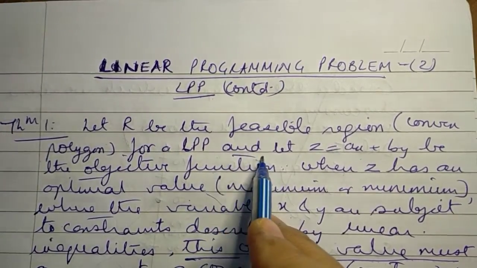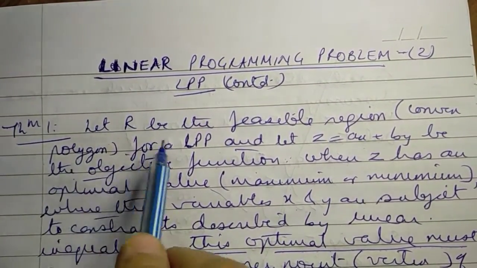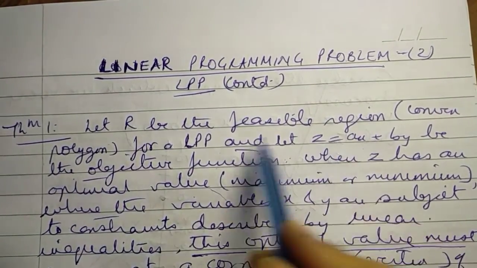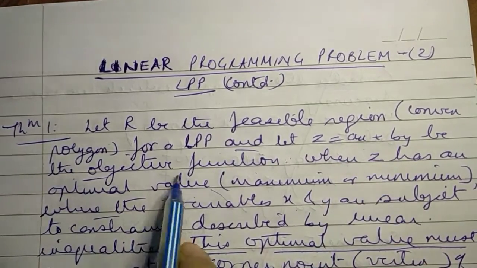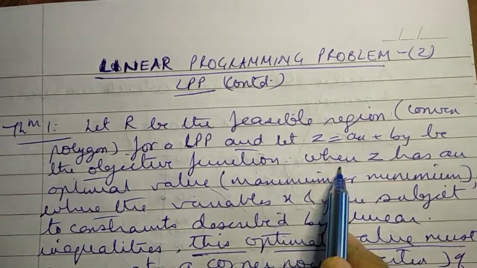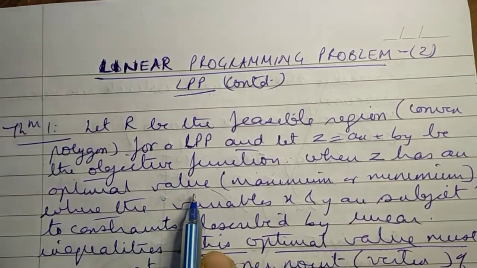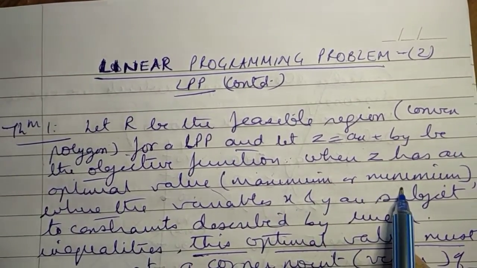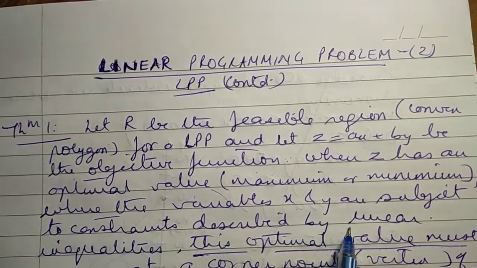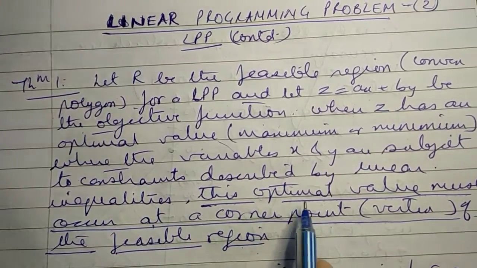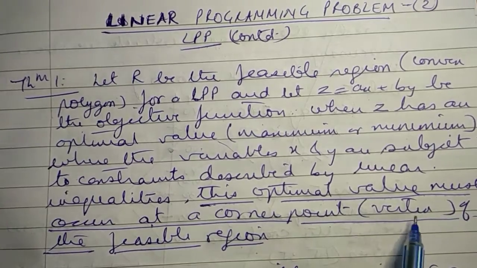To overcome this, there are two fundamental theorems of LPP. The first one says that let R be the feasible region for a LPP and let z equal to ax plus by be the objective function, where z has an optimum value, maximum or minimum, where the variables x and y are subject to constraints described by the linear inequalities. This optimum value must occur at a corner point, which is also called the vertex